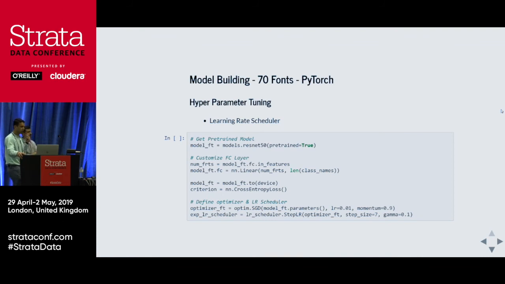And this is a small code snippet, and we've put detailed instructions on what this means and what it does on GitHub as well, and you can go check out what the learning rate schedulers are doing. At the same time, if you look at the last 2 lines there, the entire idea of deep learning is built on the concept of stochastic gradient descent, and we use stochastic gradient descent with a scheduler on top of it.